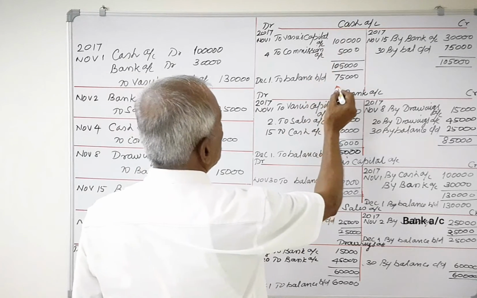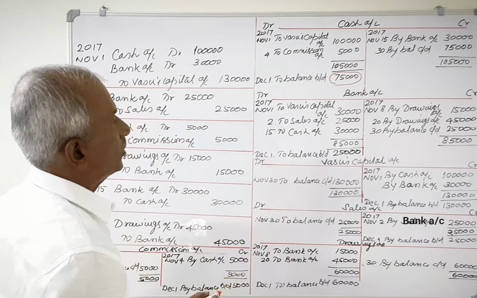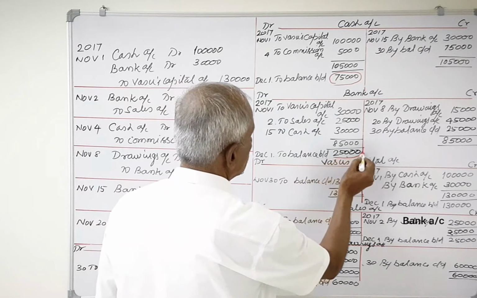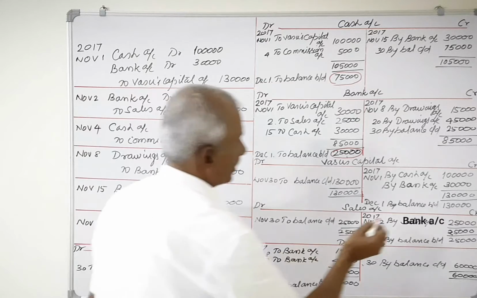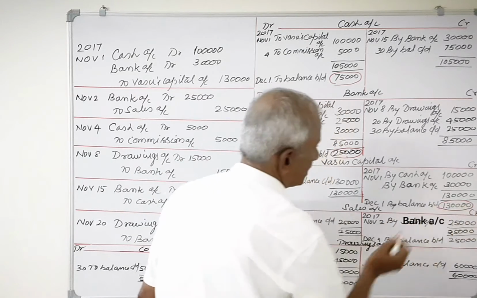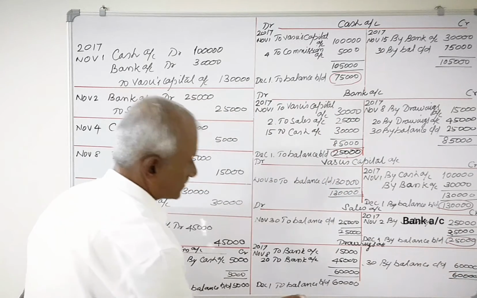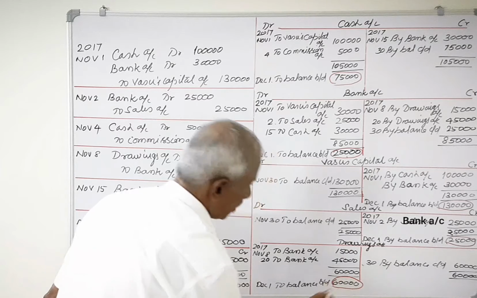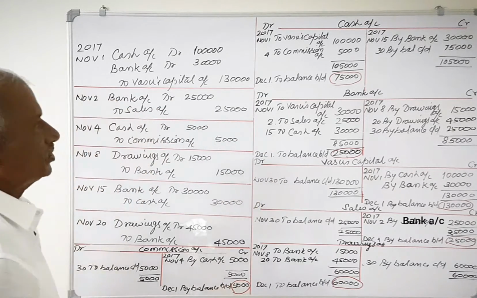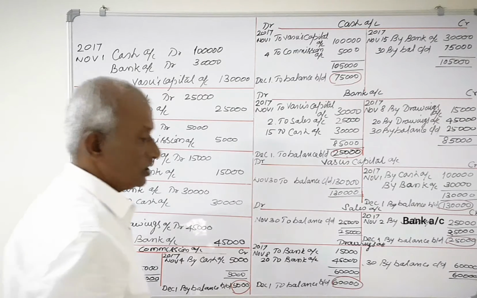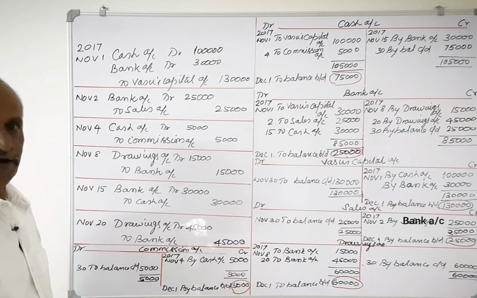This is cash account. On the debit side of the cash account, you have 75,000. So this is to be shown on the debit side of the trial balance. And this is also debit balance. This is shown on the debit side of the trial balance. And this is shown on the credit side of the trial balance. And 25,000 credit side of the trial balance. 60,000 on the debit side of the trial balance. And 5,000 on the credit side of the trial balance. And we have to see whether both sides agree.